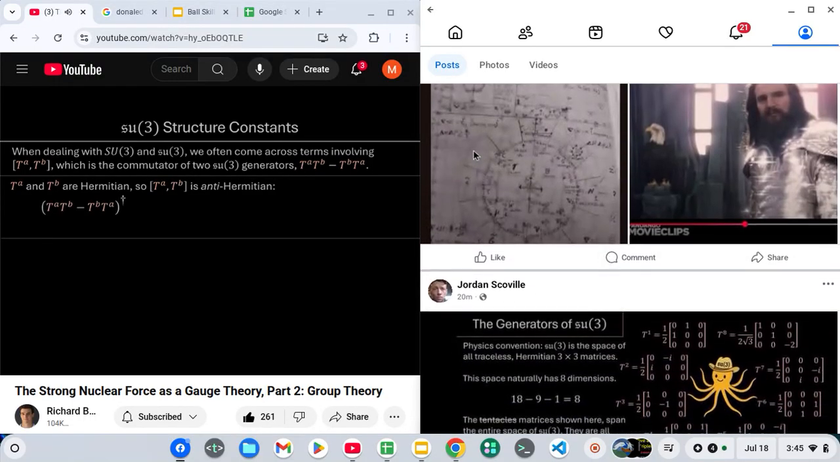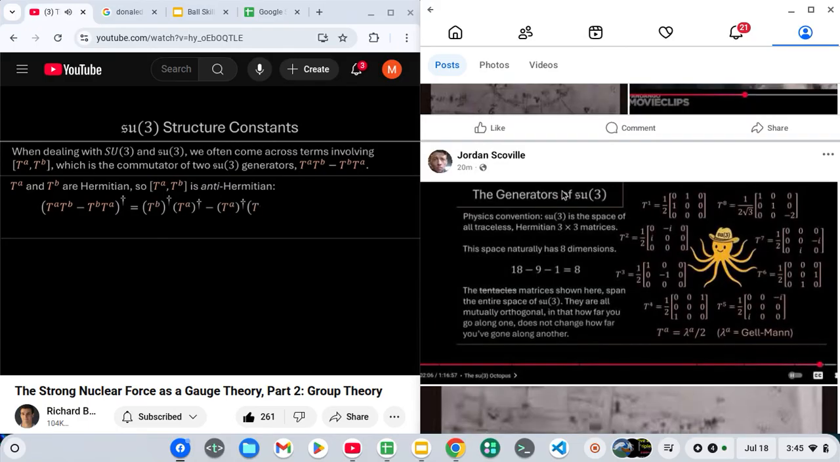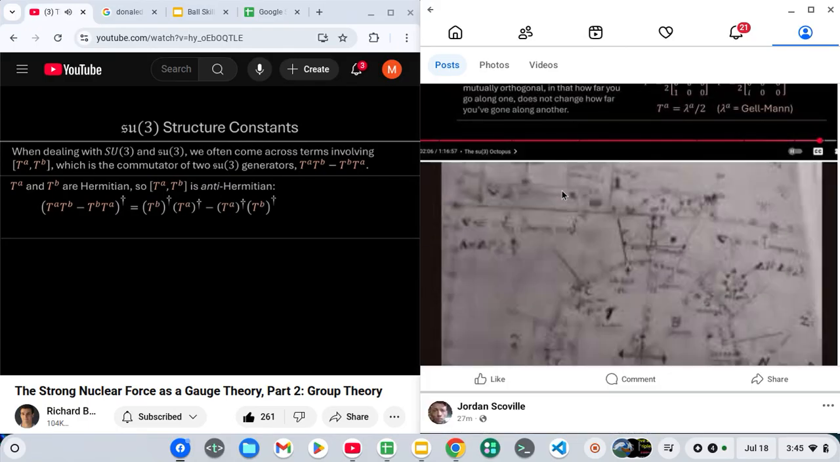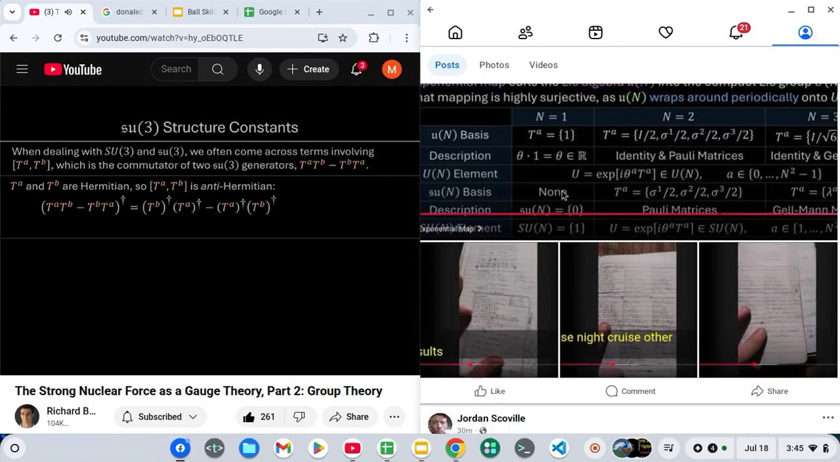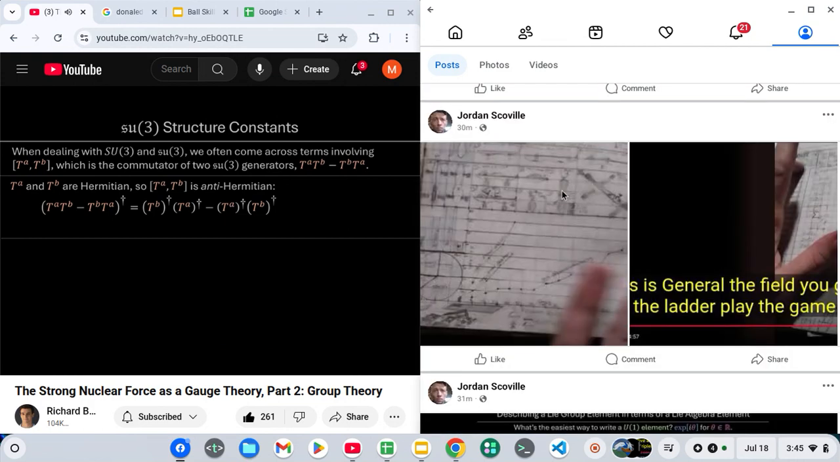First, take the transpose conjugate of the commutator of T_A and T_B. When you apply the transpose conjugate to the product of T_A T_B as well as T_B T_A, in both cases you switch the order of the matrices. And this is because (AB)† equals B† A†. So you switch the order